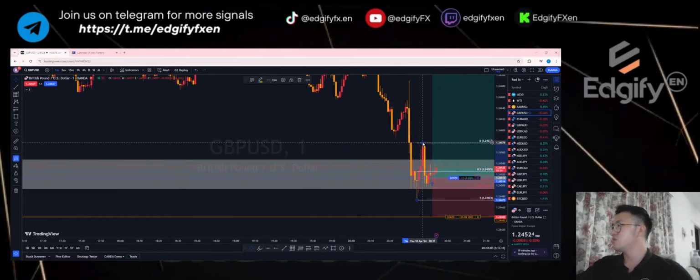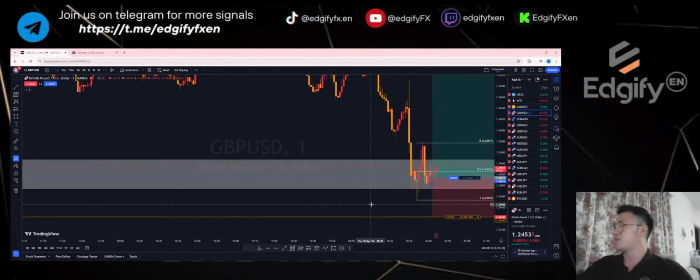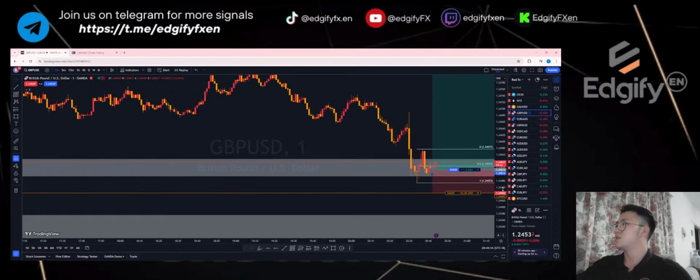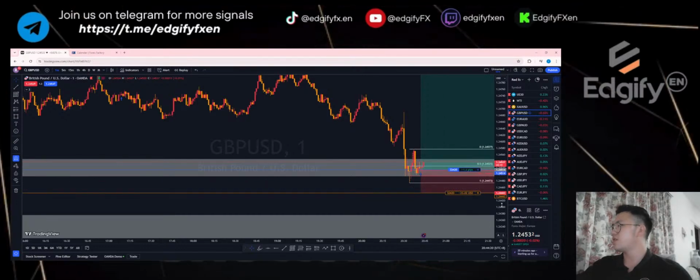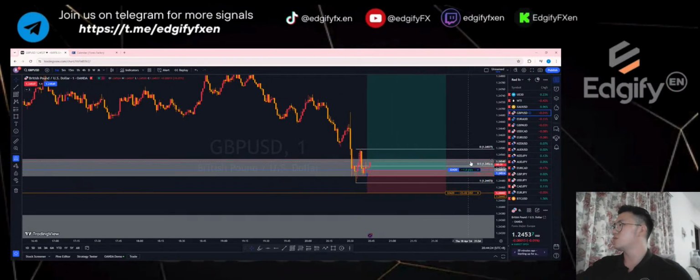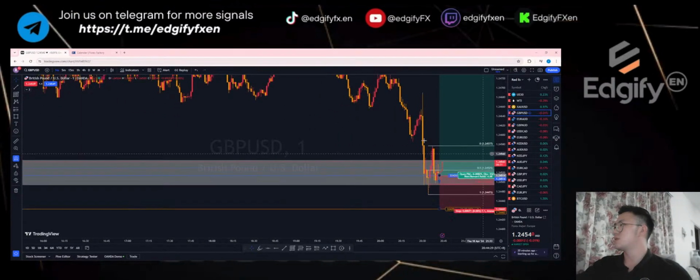Alright, when it comes to this level, where it starts to retrace, it's where I will start to break even my trade and see if it could run further higher. So we are currently up by just a very minor profit. We are profiting at about 1 pip for now, right? 2 pips. Alright, we'll see how this is going to turn out.